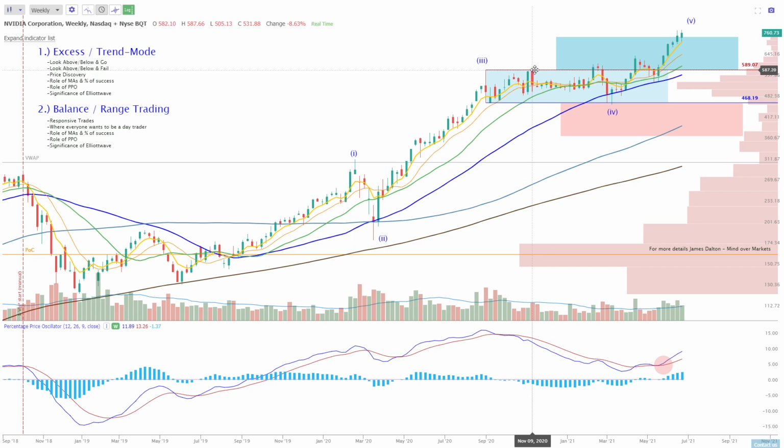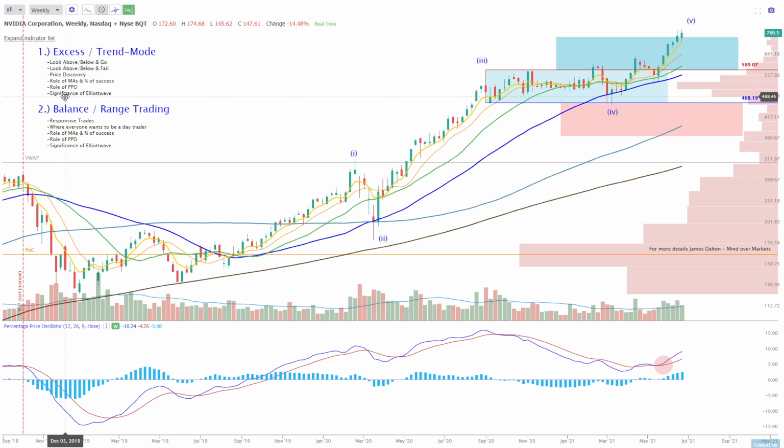NVIDIA is a great example. First attempt up here, came up to the top of balance, found a lot of supply, went back inside, collected a whole bunch, really did nothing, was dead money for almost 2 months, 3 months. Really, the range did not move. The bulls tried again, second time, failed again. So, it really took 3 times to